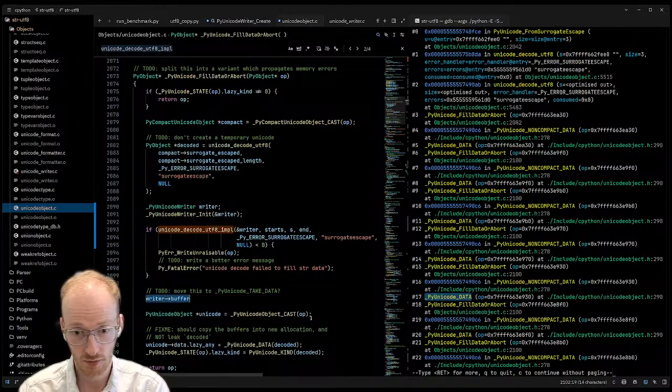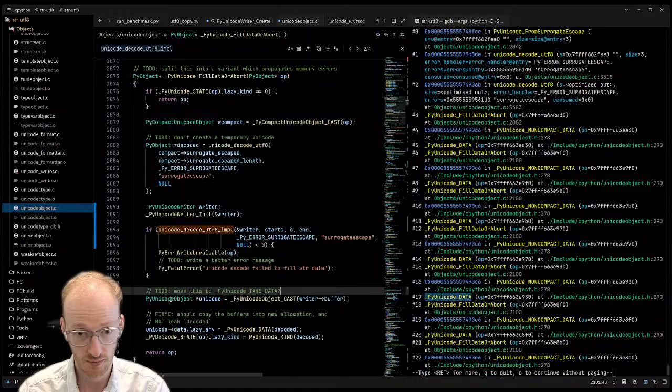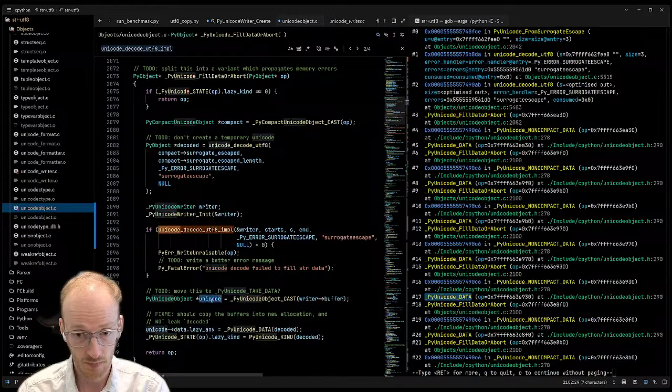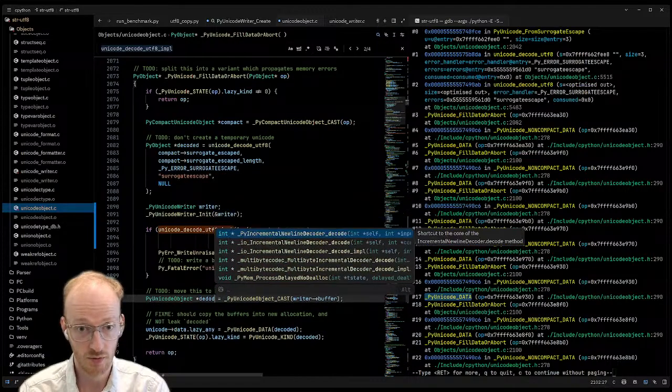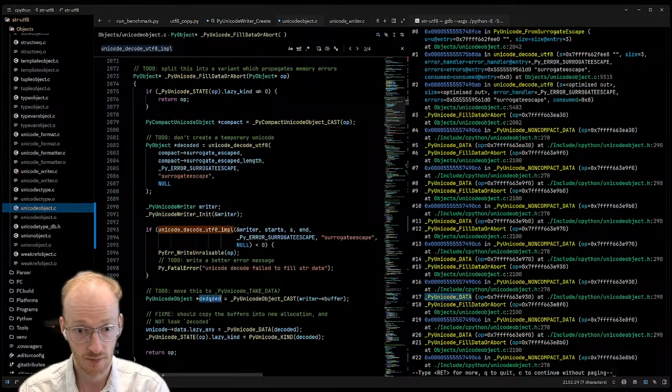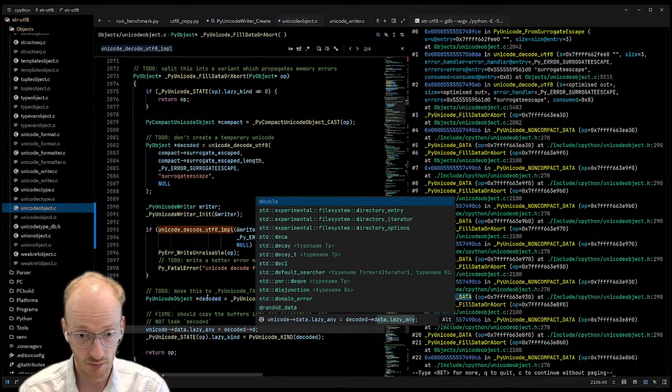Oh yeah, we can do this. Cast it to a code object. This. And then we can do Unicode writer into. And then decoded the other way around now. Coded. Copy, coded. Oh yeah, thank you.